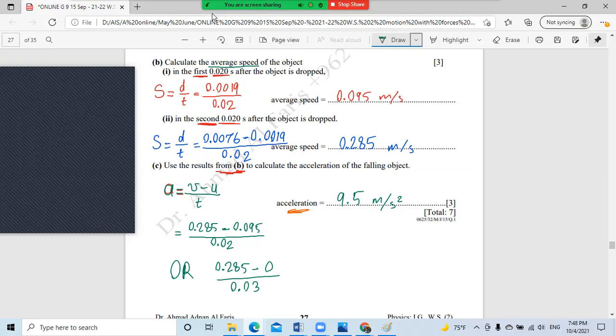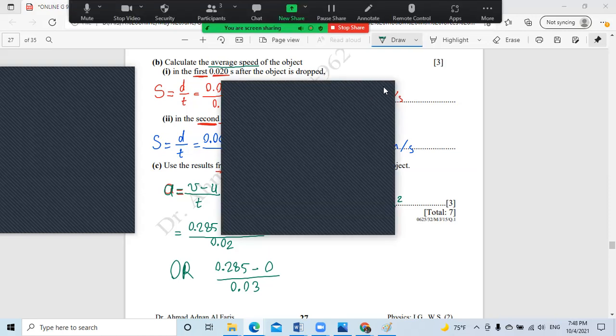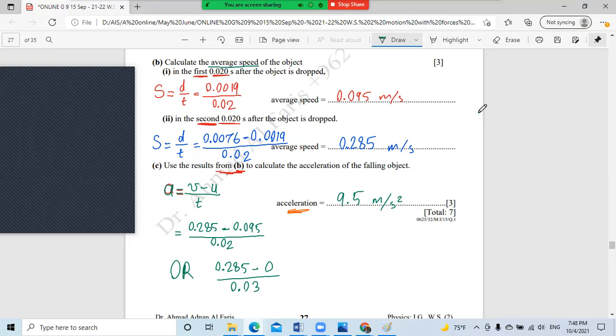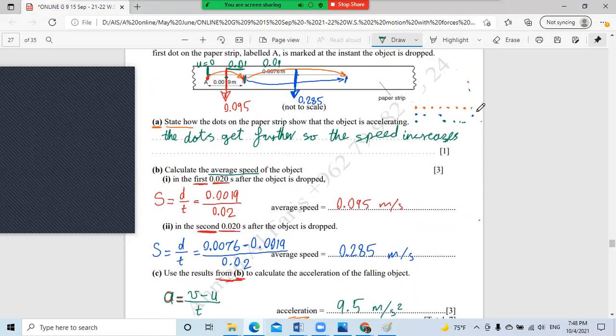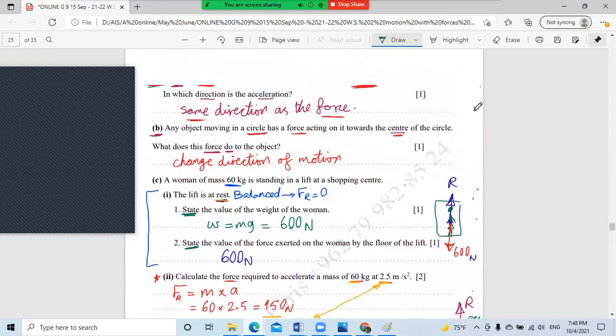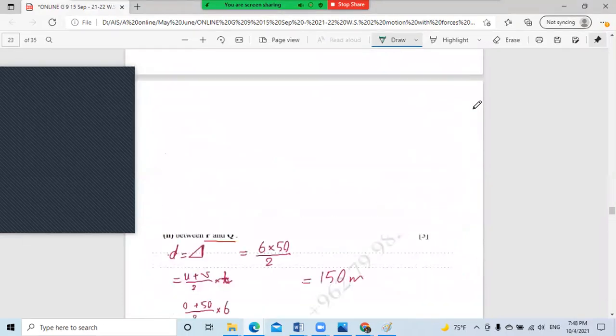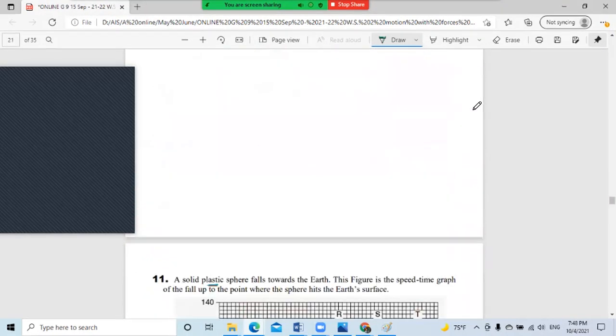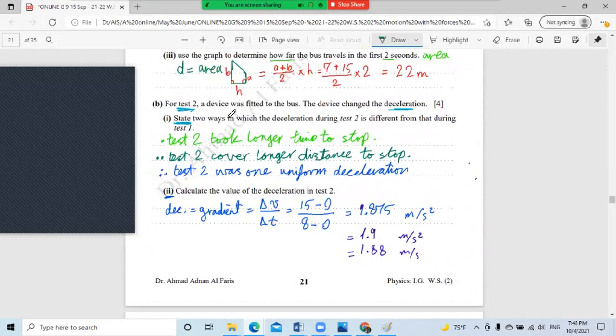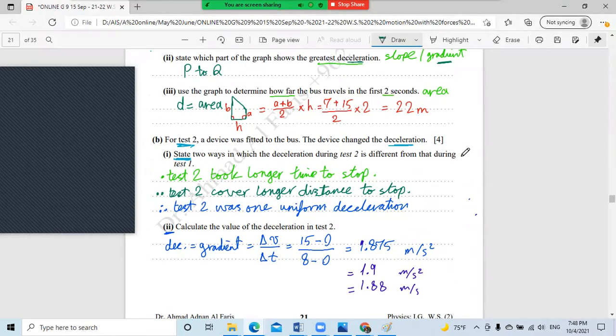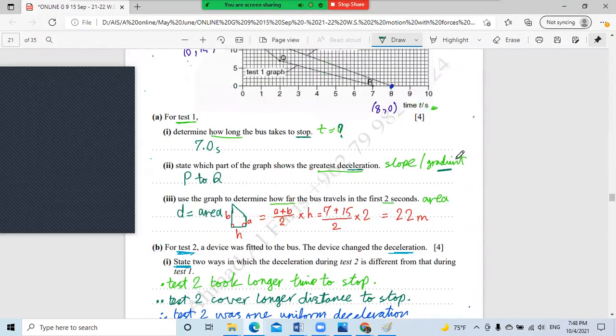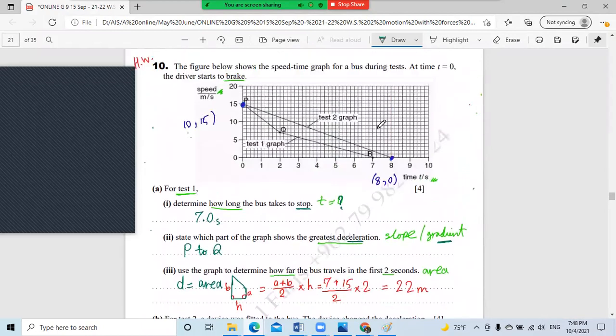I have a question on 10B. Okay, let's move back to 10B. Yes, what about it? The test 2 for it was one uniform acceleration. I didn't understand it. Yes, test 2 was one uniform acceleration because here, test 1, as you can see, it has acceleration, or sorry, deceleration from P to Q